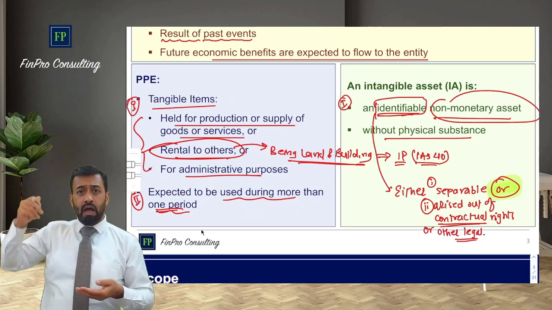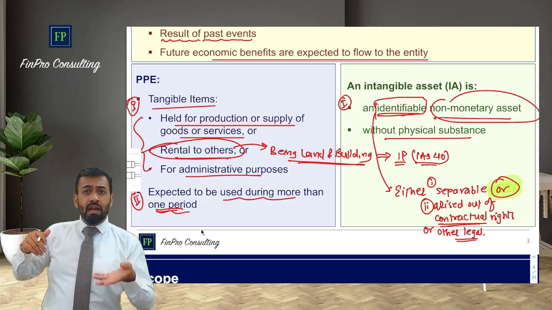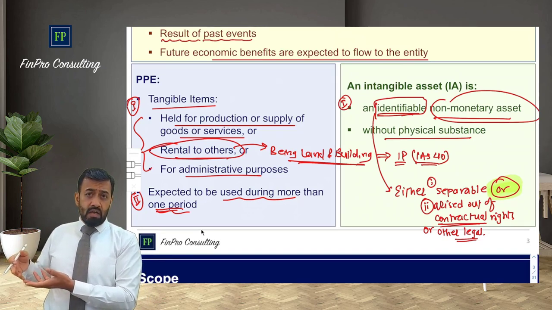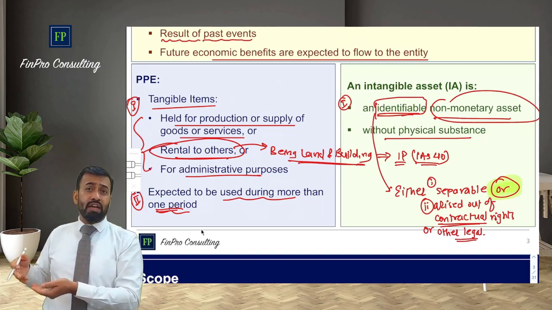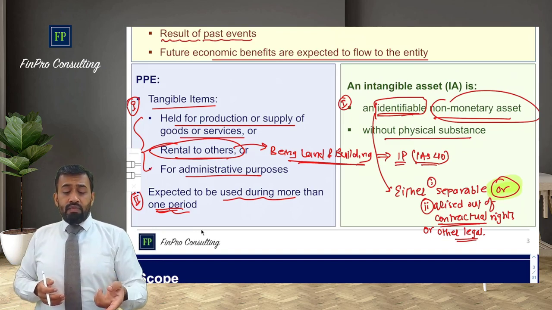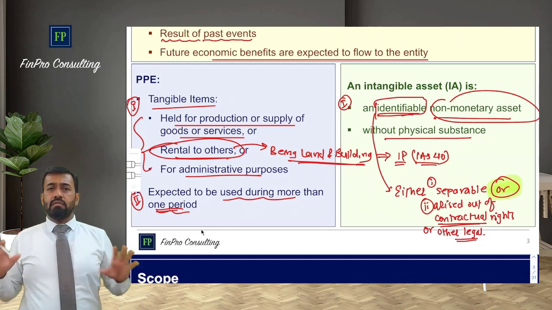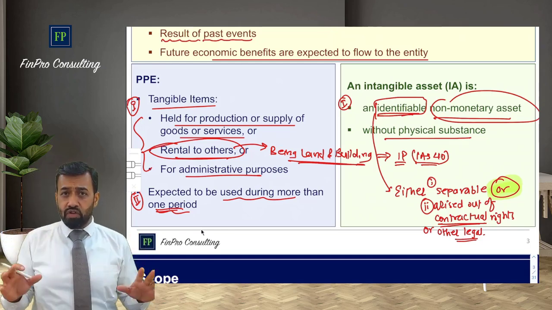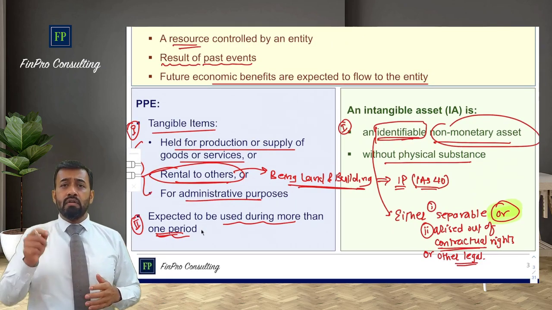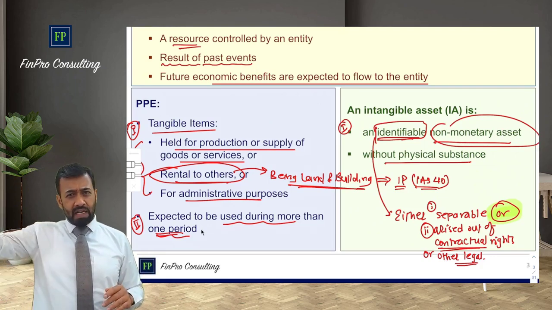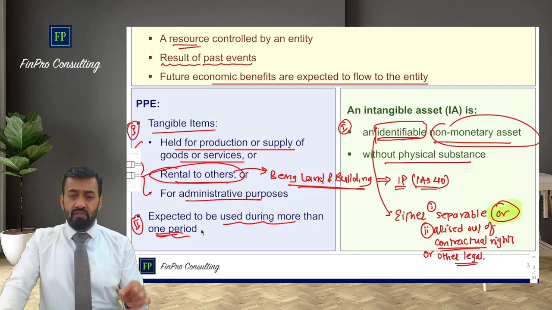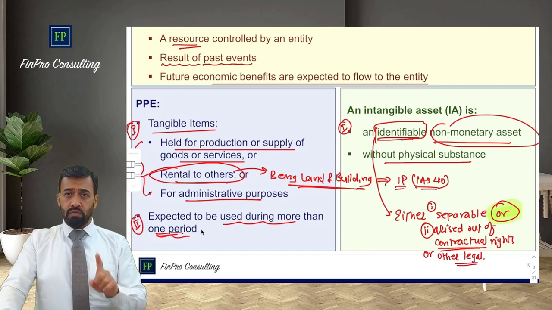So you identify that in the scenario given in the examination, and you analyze it. If it's separable, then you need not check whether it is a contractual or legal right. But if it is not separable, then check whether it is a contractual or legal right. Mention that and treat that as an intangible asset without a physical substance. If you write this, you will get the marks related to the definition and its analysis. Okay, simple definitions. Read it and try to write it down. As simple as that. There are a lot of practical past examination questions on intangible assets where you will get the opportunity to write this definition or analyze this definition. Okay, so do that.